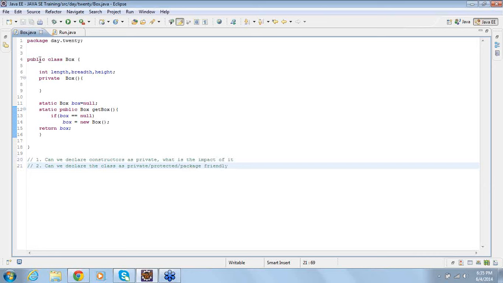If you observe here, you see the class Box and the access specifier for the class is public. Can I have a class without public? Can I have a class with private? Can I have a class with protected?